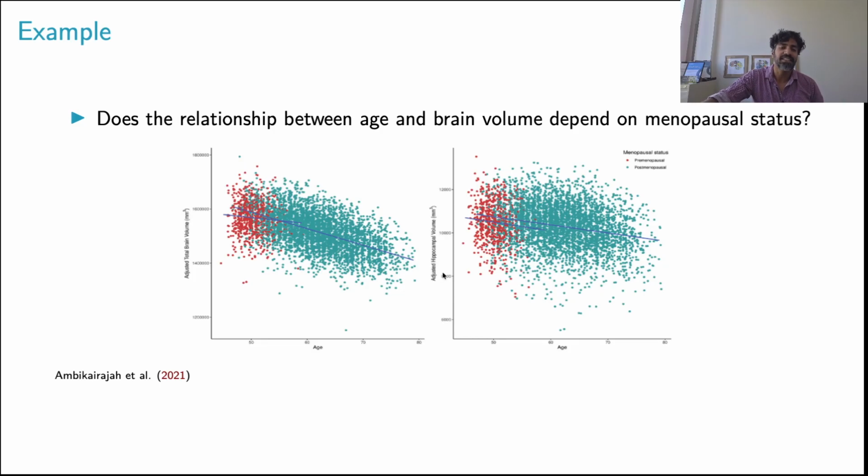Why is it adjusted? It's just because it's adjusted for head size. Everyone has different size heads, and that can influence the size of your brain, so we adjust for that within the measure. That's all it means, and it's practically the same as what you'd think the words mean. So that is what we see. Here on the left, we have our interaction. Here on the right, we have no interaction term, right? That's an example of whether the relationship between age and brain volume depends on menopausal